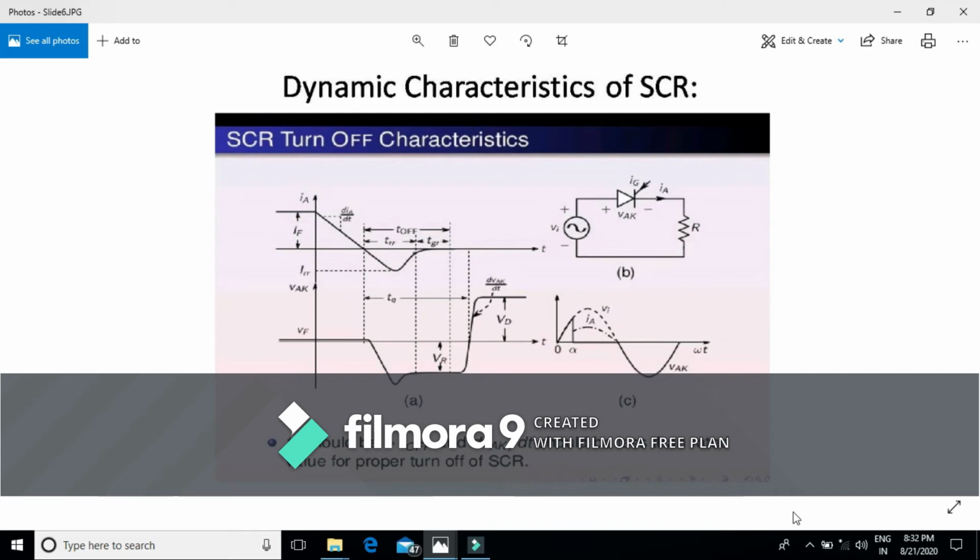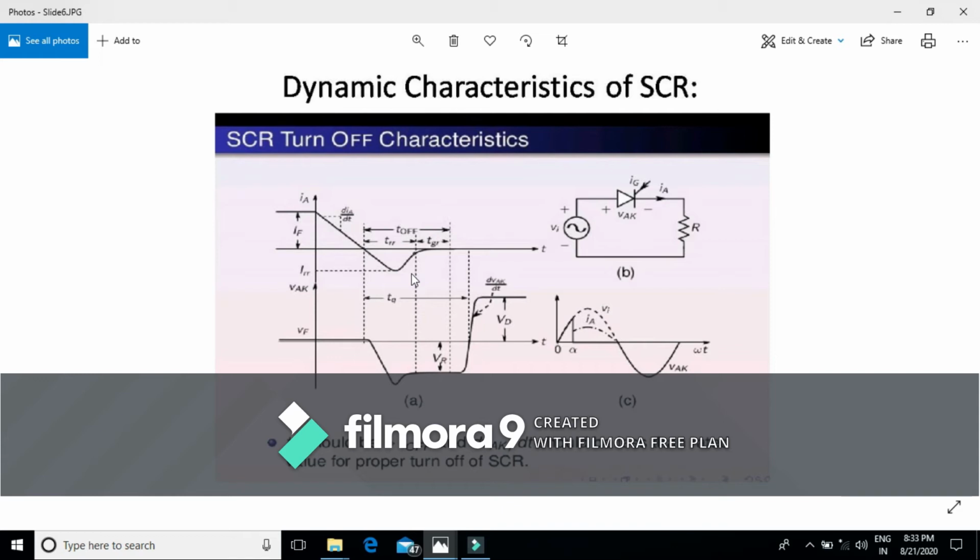That means the turning off state. That means the SCR has changed its state from the on interval to the off interval, or we can say the SCR is capable of blocking the forward voltage. Then those junction barriers are again formed during this off state. This process of turning off, from the conduction state to the forward blocking state, is called the commutation process